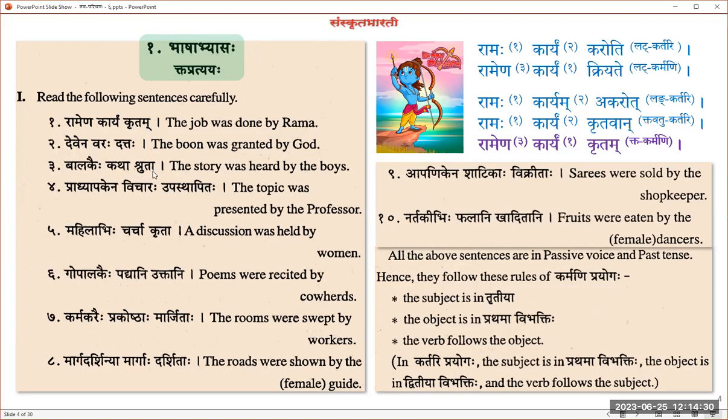Balakaihi katha shruta. By the boys, the story was heard. See, strilinga. So we saw napumsaka linga: karyam kritam; varaha dattaha, pullinga; katha shruta, strilinga, pairing of the karma pada with the ktanta. Bhuta kridanta ktanta. Kta is a pratyaya. Ktanta is the word with the kta pratyaya. Kta anta padam ktantam, that's how we say. Short title for that.